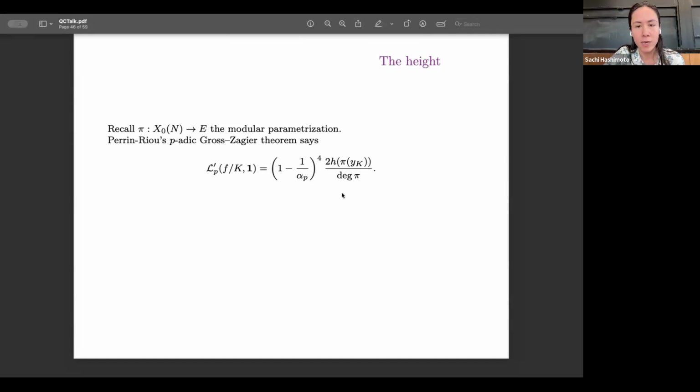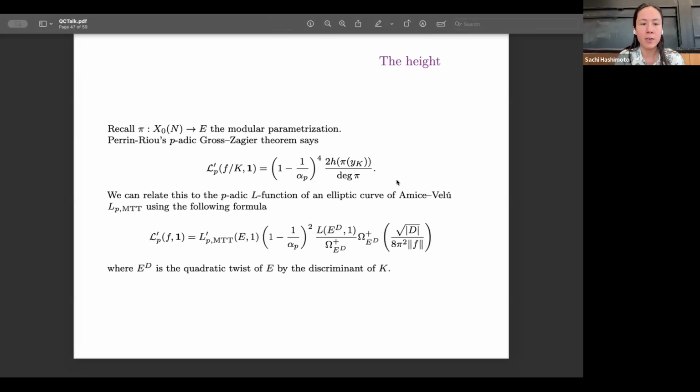I've just thrown in the special constants here. So her special value of the L function is proportional to the height of the Heegner point times a unit root of Frobenius, and there's a degree of a modular parameterization going on. So to compute this L function, you can relate it to an L function that appears in